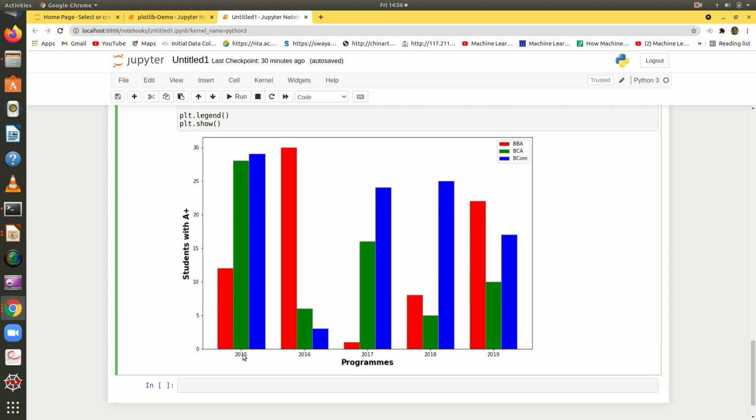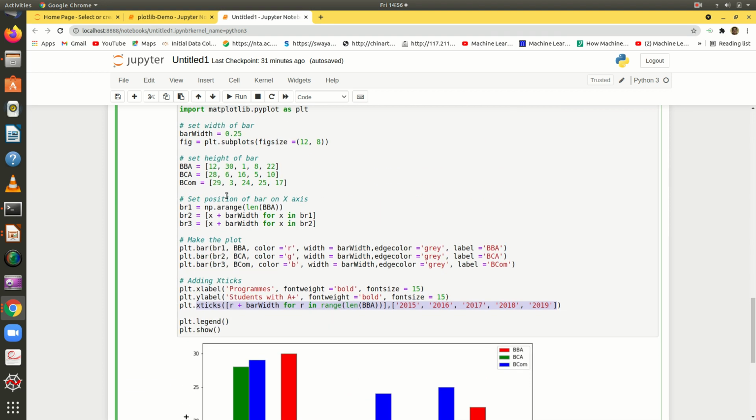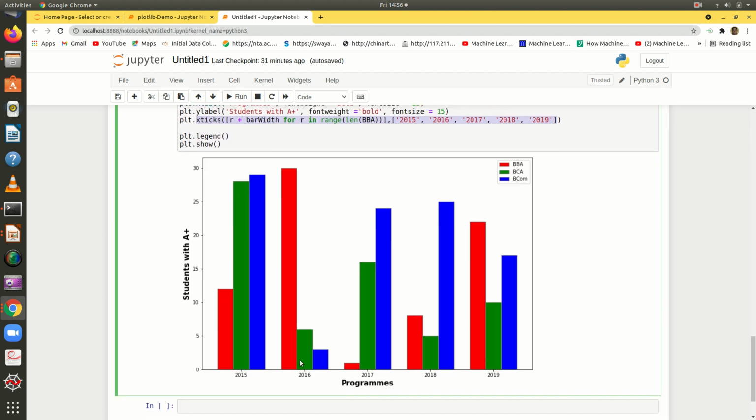So you can see here 12, 28 and 29, which is the highest in BCom. Then in the second year BBA is having 30, BCA is having 6 and BCom is having 3. So you can see here BBA is having the highest.